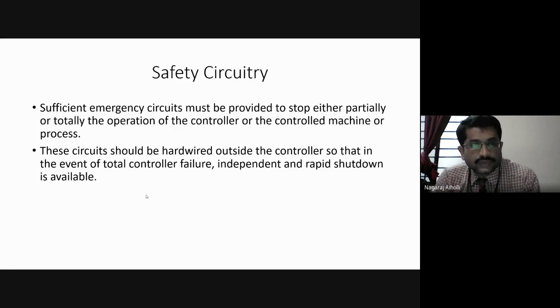In the event of total controller failure, suppose the PLC fails completely, these independent safety circuits will immediately operate, take over, and shut down the PLC so that the maintenance person can come and repair it, and then the PLC will again start operating in a normal way. Okay, these are called the safety circuits.